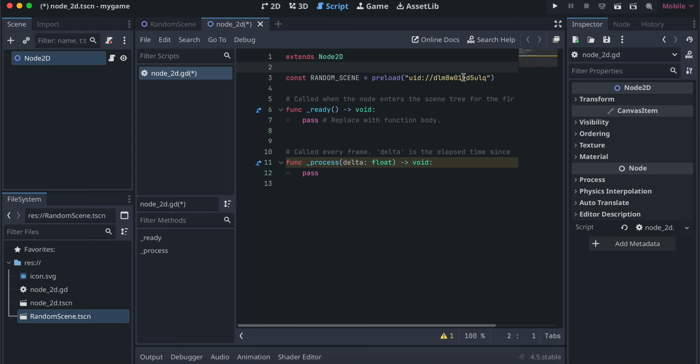So the advantage of UID is, suppose I create a separate folder, then I drag and drop this particular tscn file in that folder, then this UID will not break. But the problem with path is the path will break. So typically try to use UID as much as possible, but in case you are not happy and this